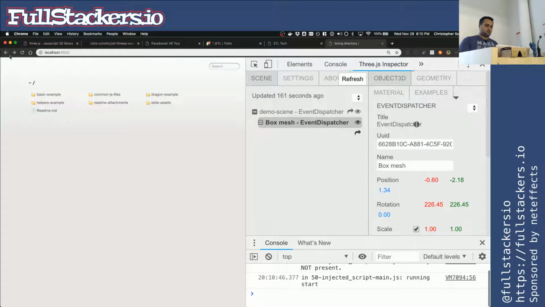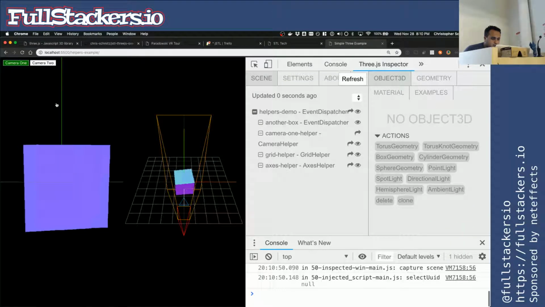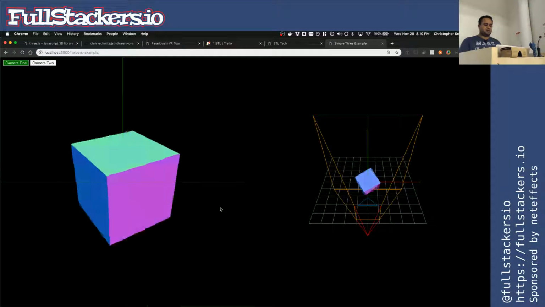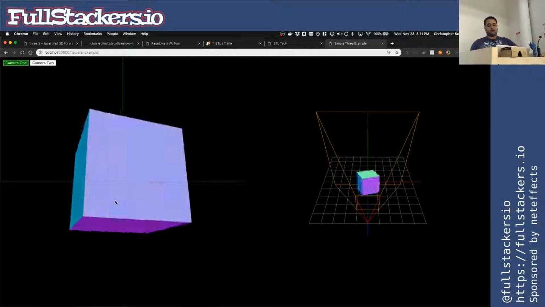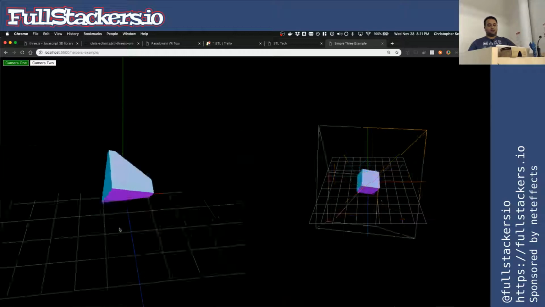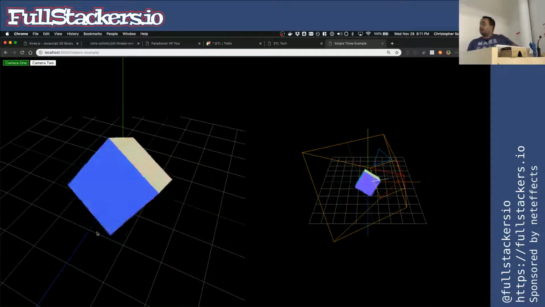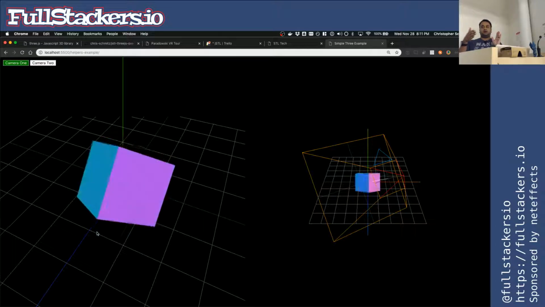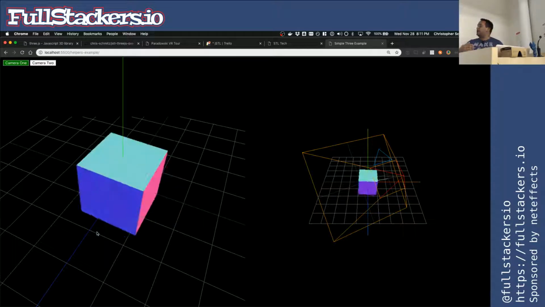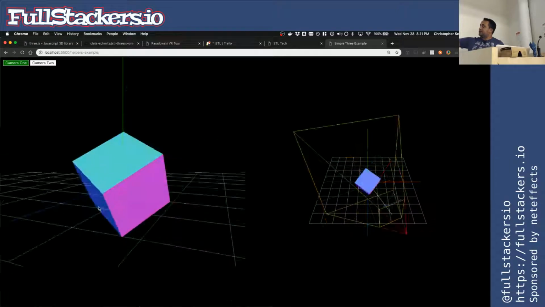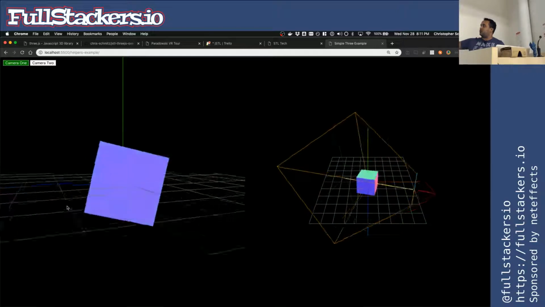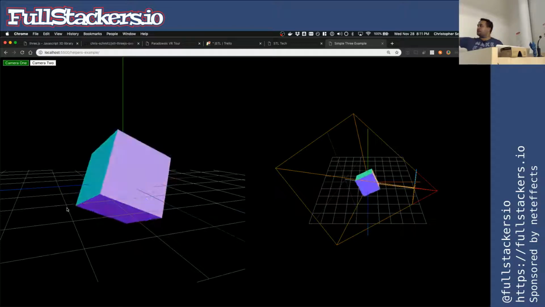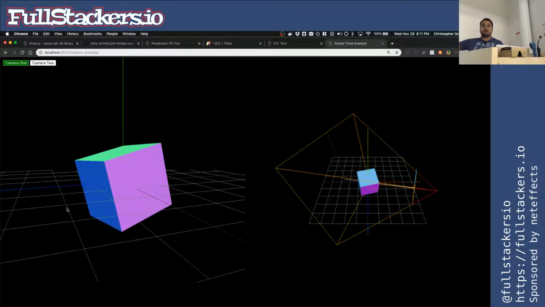So if we back out and take a look at the helper example, we see the same cube that we were working on before, but the scene's a little bit different. We're drawing the cube and rotating it, but now we have some helpers that give us context of what we're looking at. On the left, in this example, I'm using the renderer to draw onto the browser window multiple times per frame. So here we have our normal view, but we have a ground plane that starts from the scene's origin point. So that's the answer to where the origin point starts on a 3D object. It starts in the center of the object, because that cube is still placed at 0, 0, 0. So that's how the cube